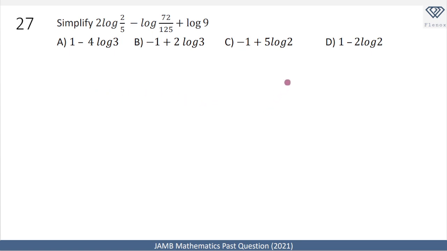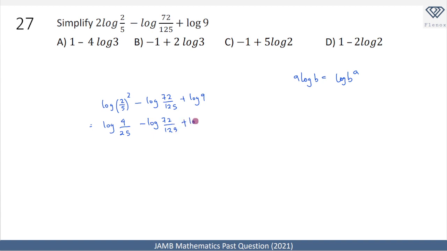logarithm. Now one of the key laws of logarithm says that if you have a log b, it is the same thing as having log b to the power of a. Now we're going to apply that concept here. So in this case, 2 log 2 over 5 can be written as log 2 over 5 squared. Then I'm going to continue with this log 72 over 125 plus log 9. Right? And now this is the same thing as saying log 2 squared is 4 and 5 squared is 25, minus log 72 over 125